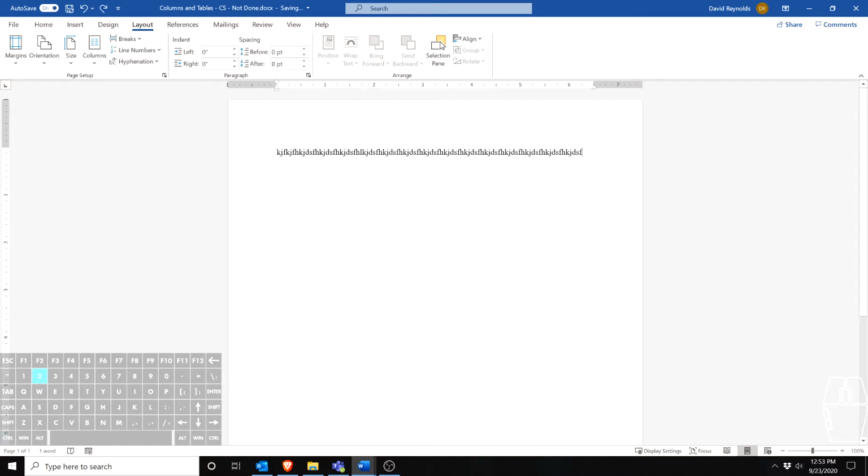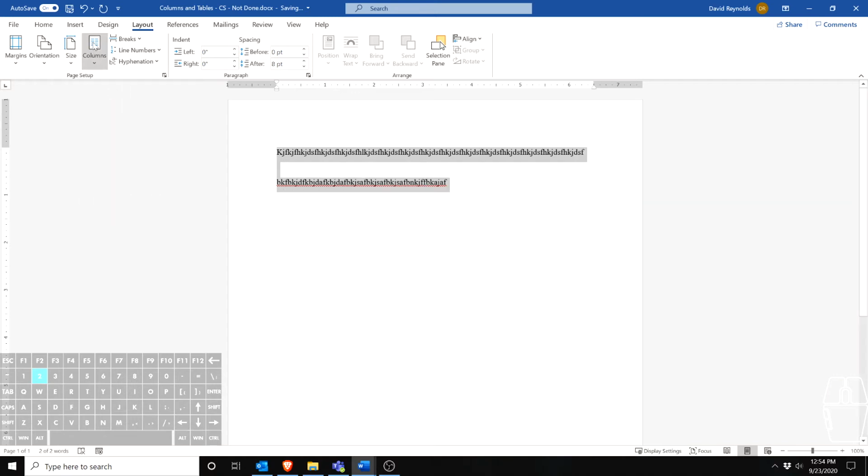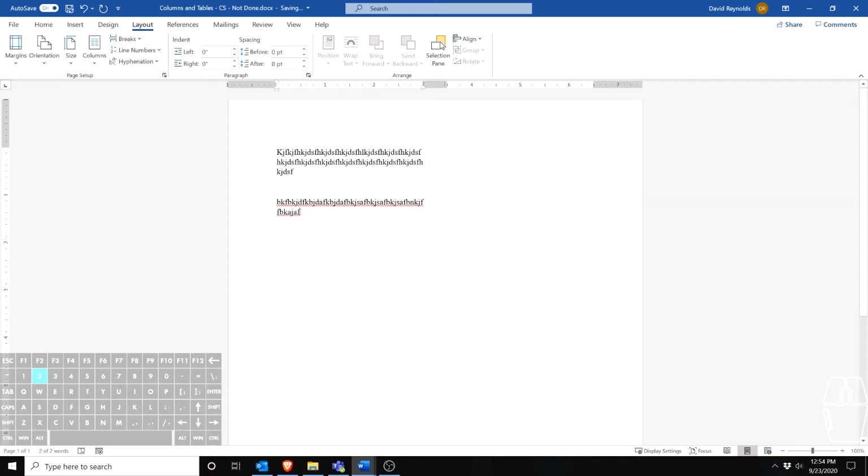Now, if I select the text and say columns, it's going to put it into two column mode. But if I do it this way and do two things and select it, sometimes it will also break it in half. It just depends on what you're selecting. Normally it will just move everything onto one column. But if I press enter a bunch of times,